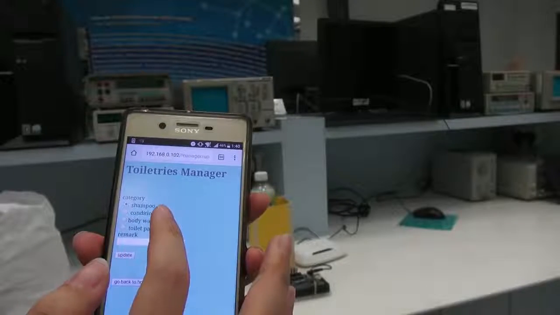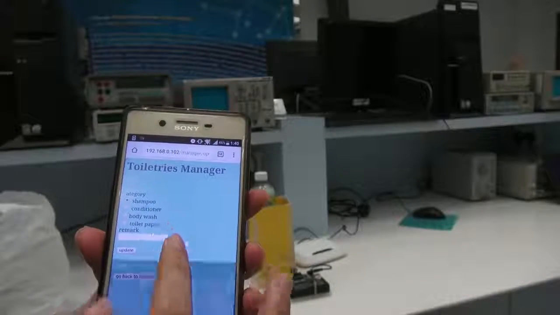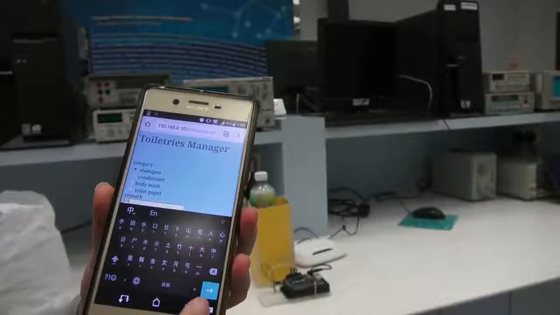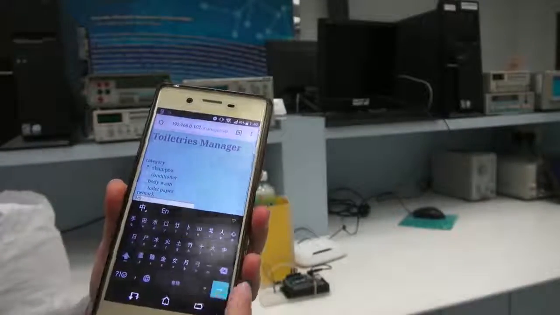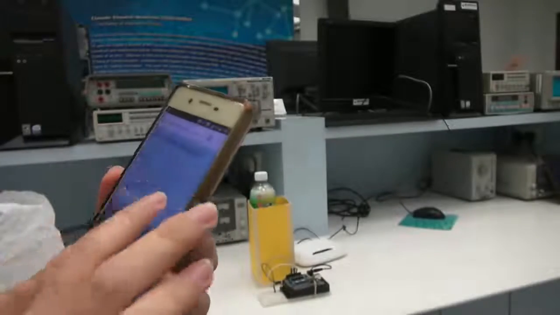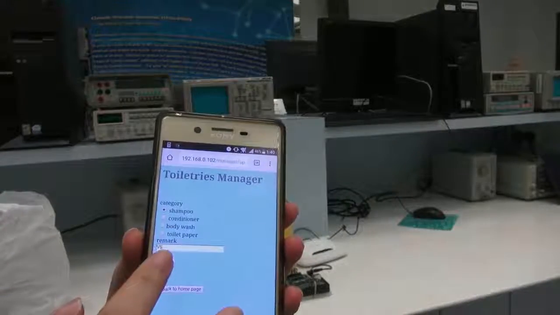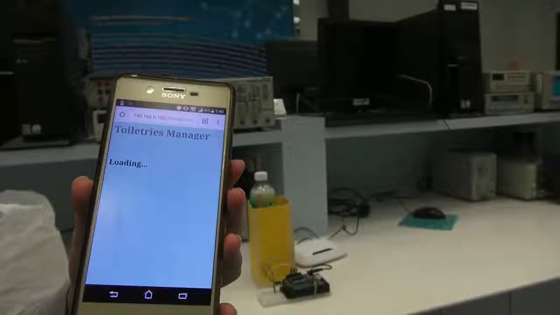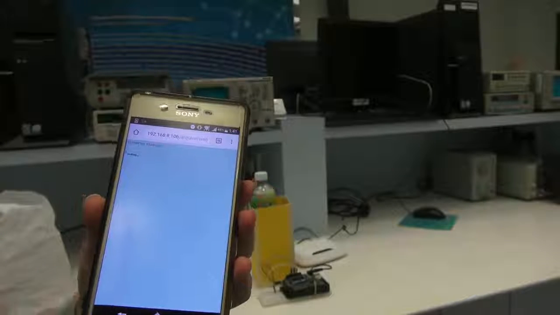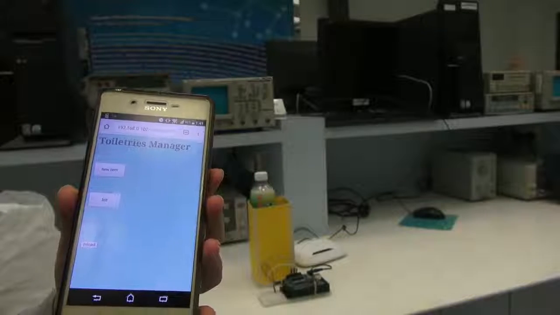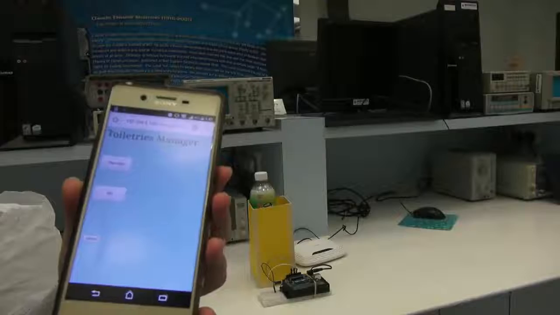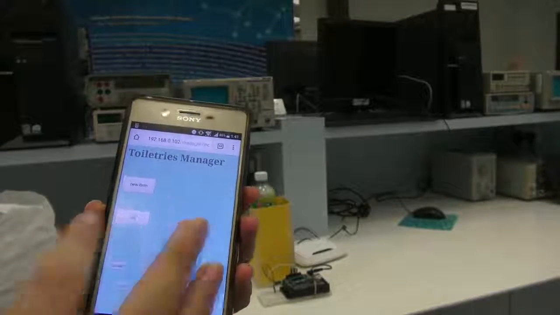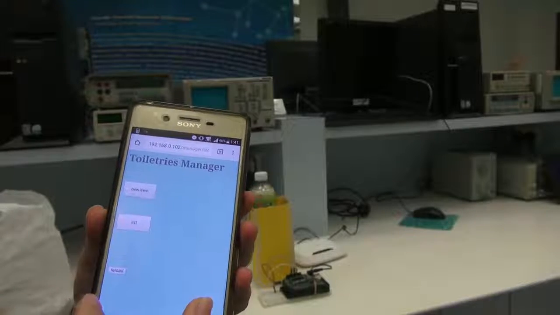And when the user clicks a category like shampoo and adds a remark, we are adding VS as a remark, and then we click update. The remark helps the user to remember, or just makes a difference to separate different sensors. And when we press the update button, we come back to the front page, and